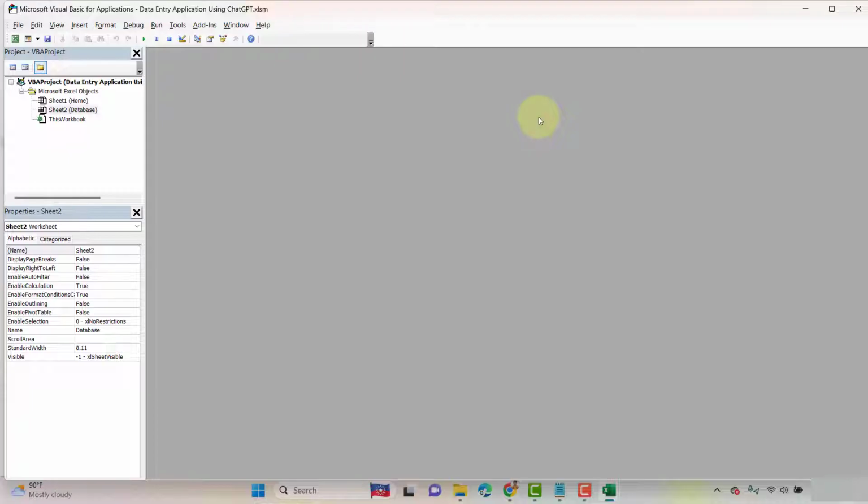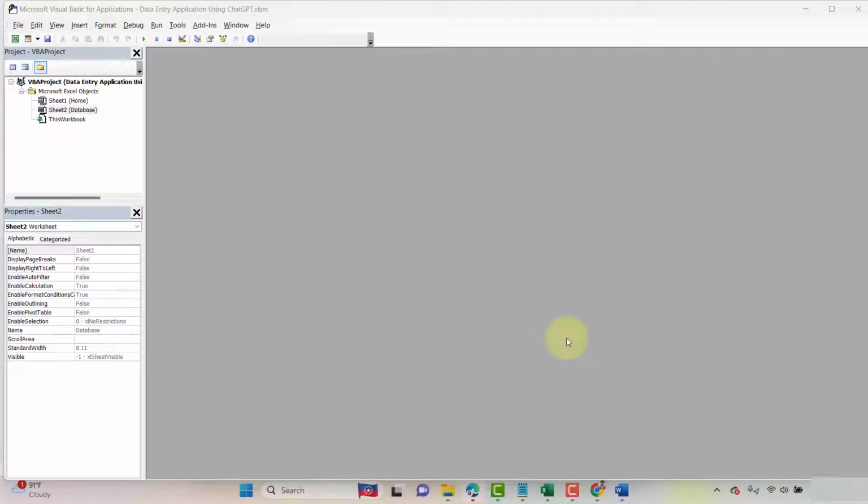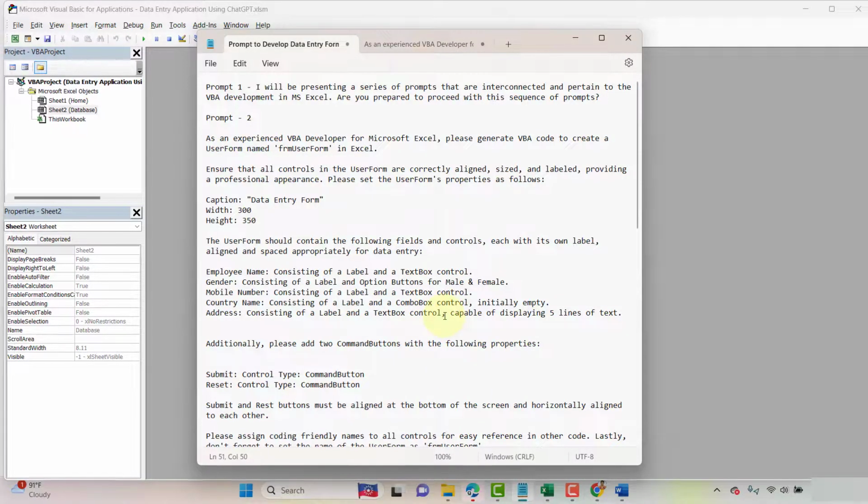So now let's start by creating a user form, and the user form will serve as a data entry interface. To generate the Visual Basic code for creating the form, we will be using ChatGPT. So I will enter a prompt in ChatGPT, and ChatGPT will provide the code for us. Before we proceed to ChatGPT and enter the prompt, let's take a look at the prompts which are